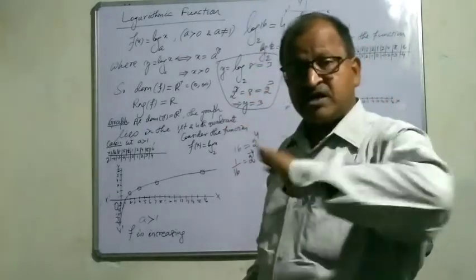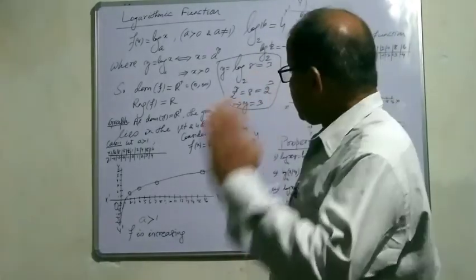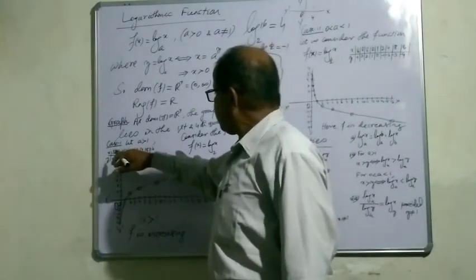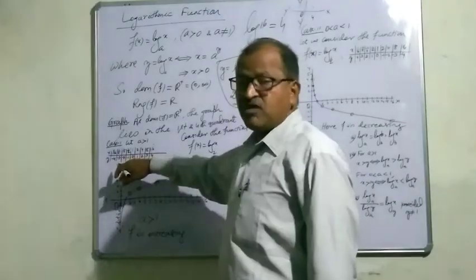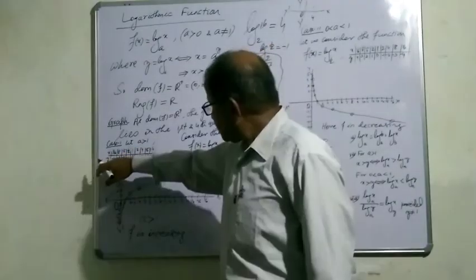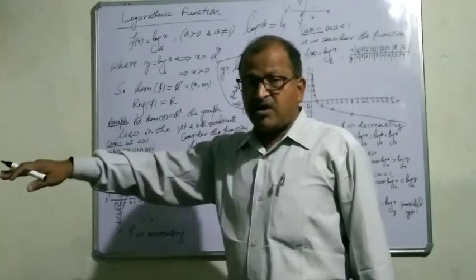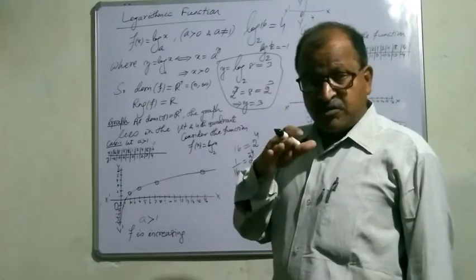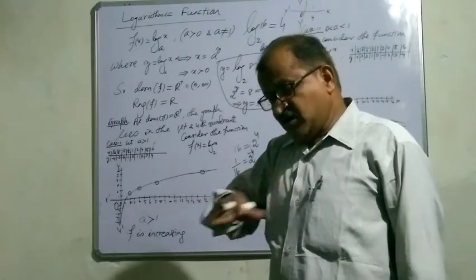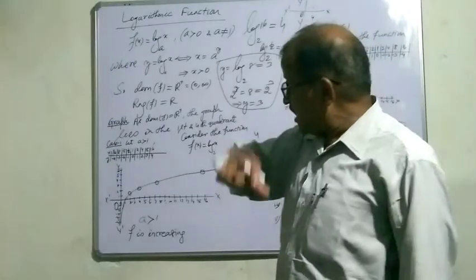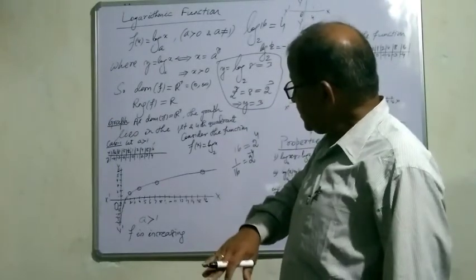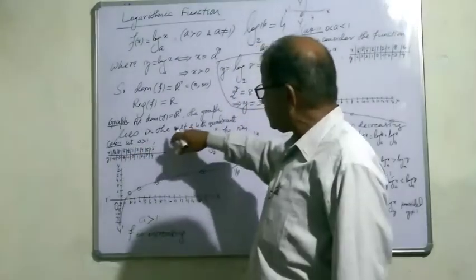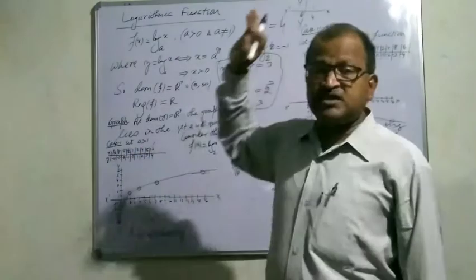Whatever may be the base, the value of log 1 must be equal to 0. Okay, the value of x is equal to 2 implies the value of y is 1. Again, you see, while we are moving from left to right along the real line, starting from next to 0, if you move towards the right, the graph of this function is gradually increasing from highly negative values to 0, then positive values. It is increasing.